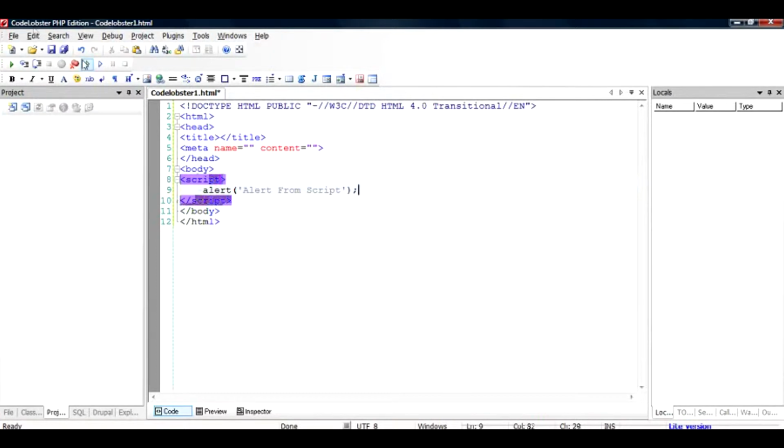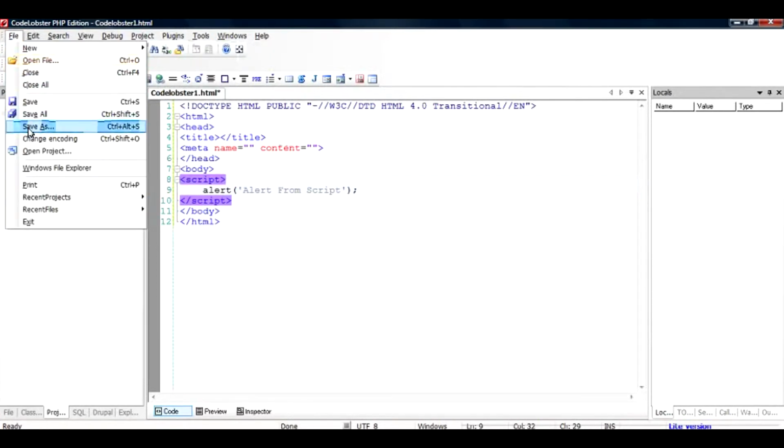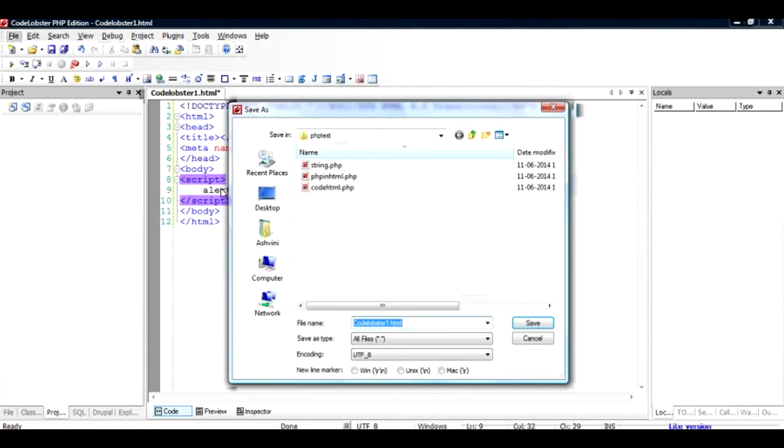I will just save it as some file so that I can run it later. I'll just save it as jquery1.html,